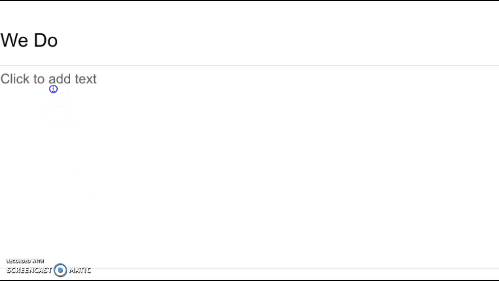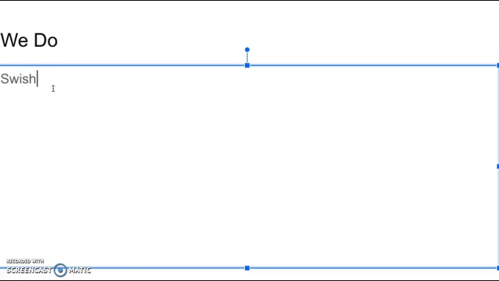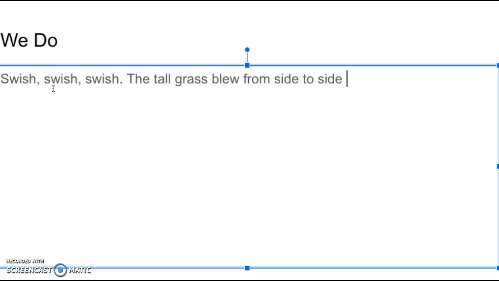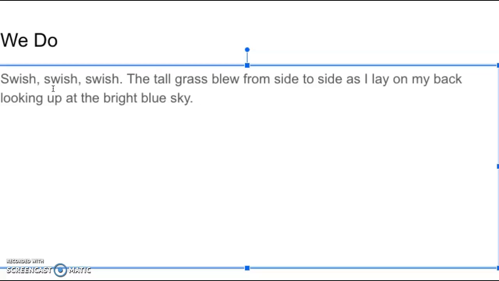So let's go ahead. I'm going to start out with a sound. Swish, swish, swish. The tall grass. I'm going to use those descriptive words. The tall grass blew from side to side as I lay on my back looking up at the bright blue sky. Clouds dotted the, clouds dotted,